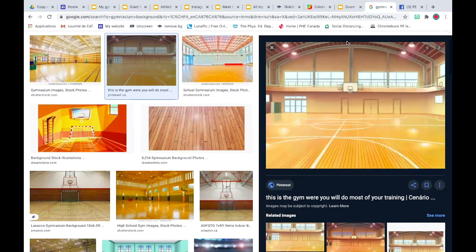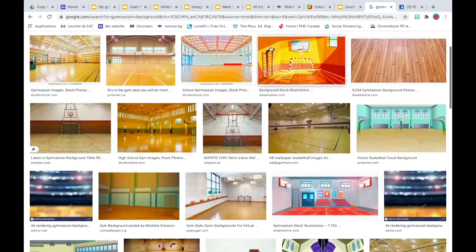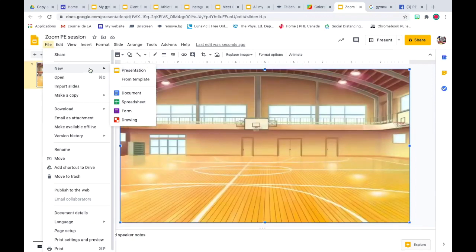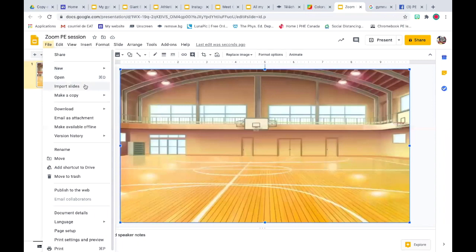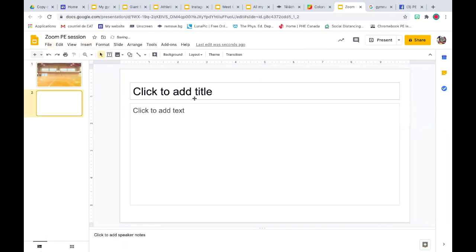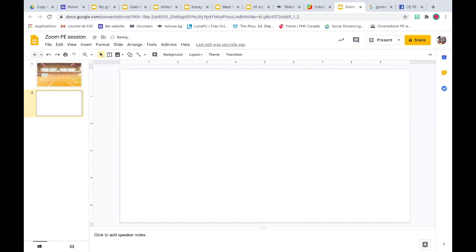Okay, so my Google slide has a title and stuff on it. How do I get to just a blank one? Okay, so I'm just going to create a new slide to show you. So just go to File. So you probably have something similar to this. Yes. So if you just highlight both of them, you see that blue rectangle I have? Yeah. You just highlight both of them and backspace,